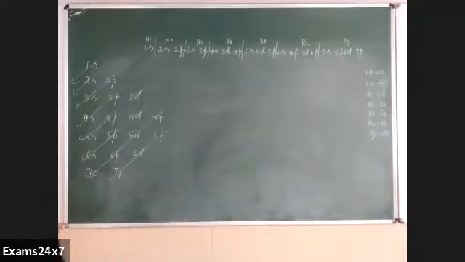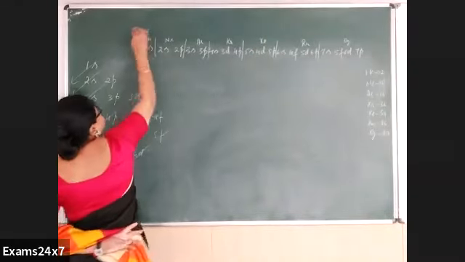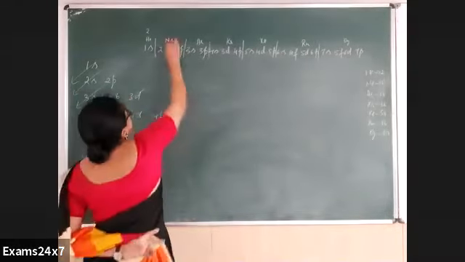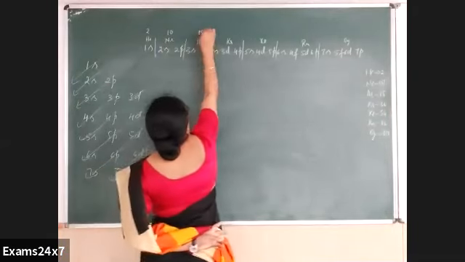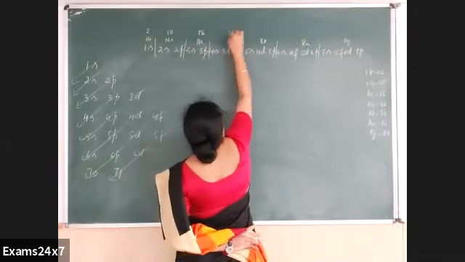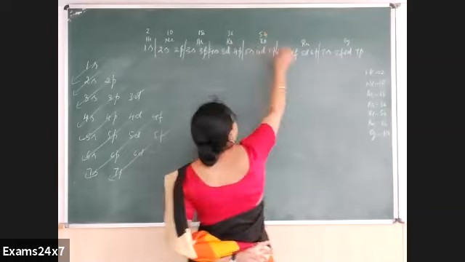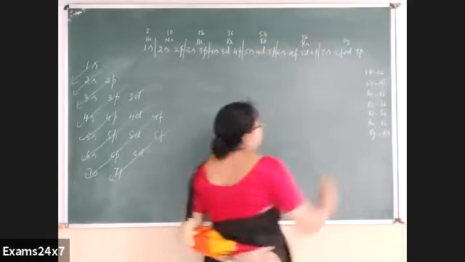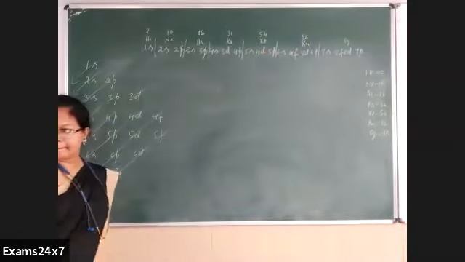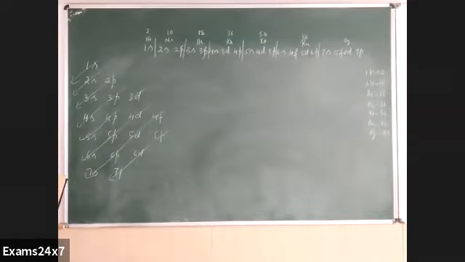Got it? That means 2 electrons up to here, helium's 2 electrons, neon's 10, argon's 18, krypton's 36, 54 of xenon, 86 of radon. This much is clear, right? Simple, you can write so much.